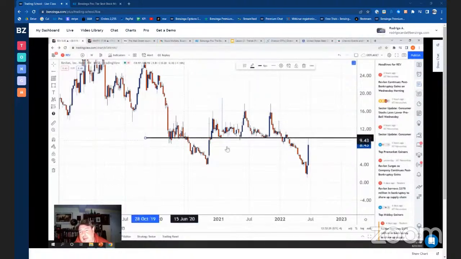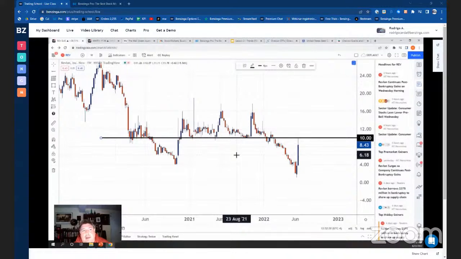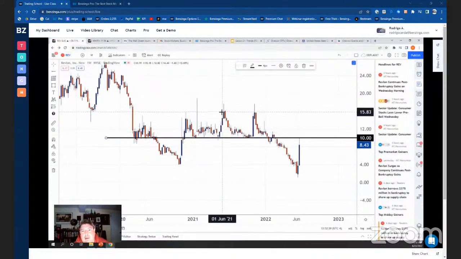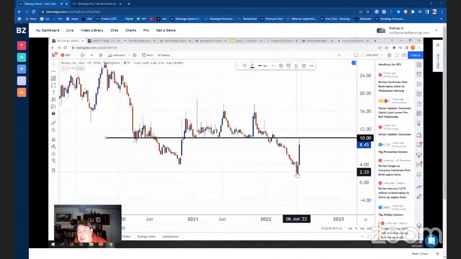And we're going to call it the $10 level, right? Because markets like nice round levels. Look at 10. Look at how clear 16 is up here. So this story started going around that this company from India is considering buying these guys. So that's why it went up, and it ran into this resistance at 10.